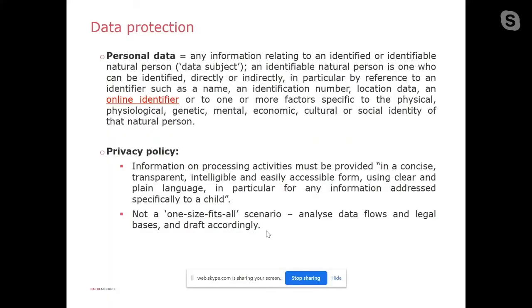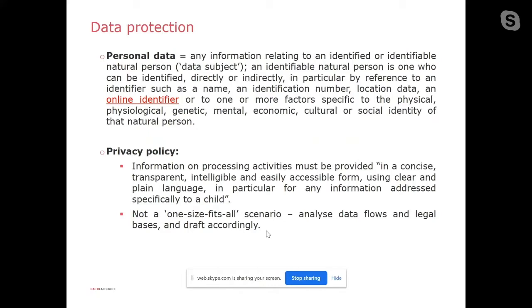GDPR, everyone's favorite acronym, came into force, and data protection compliance continues to be seen as a high priority issue, which is good, rightly so. As everyone here will know, it's of particular relevance in the context of online business activities, where personal data is being collected via a website. So I thought I'd quickly